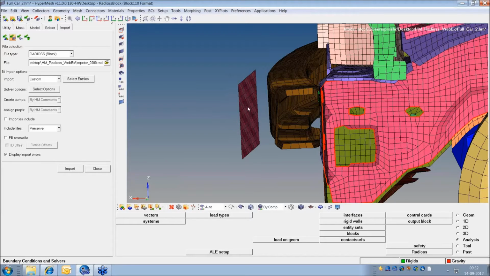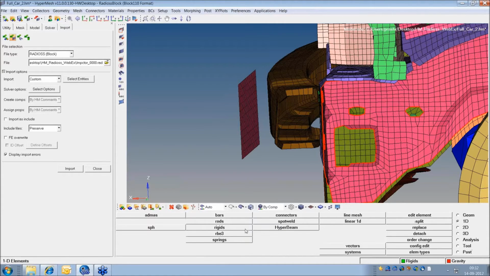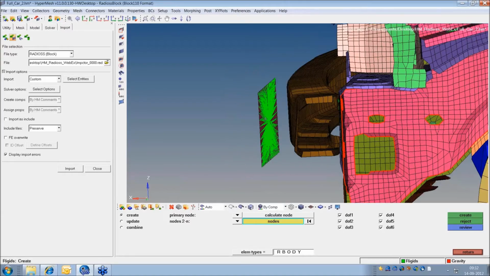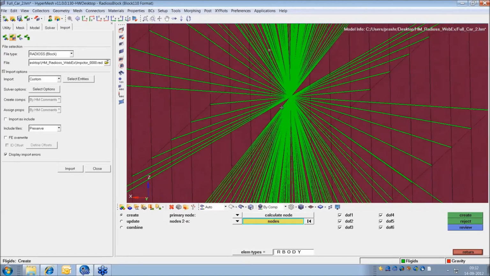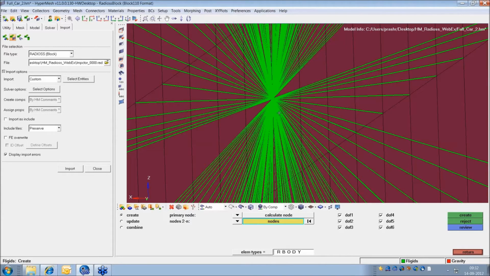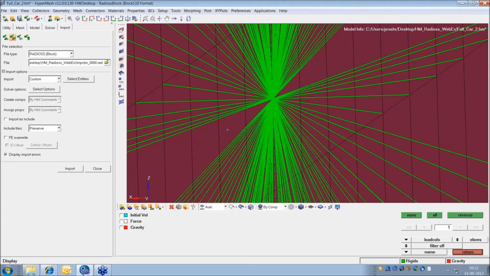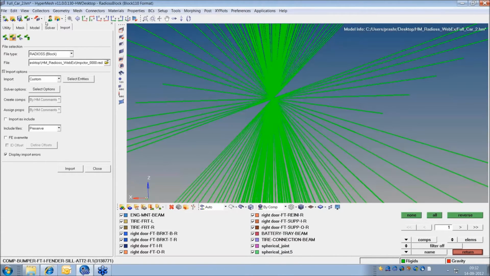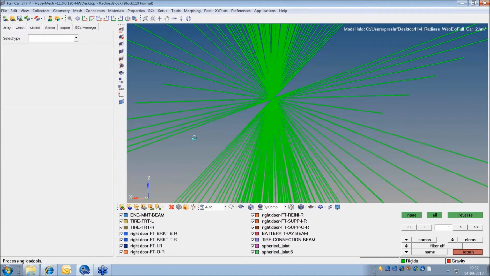Now the next activity is to make it rigid. So for that I'm again going to 1D rigids. I'll select all the nodes, create. So I made it rigid now. My next activity is to make it a fixed barrier. So for that I have to apply a boundary condition on this. I'll switch off this. I'll again come to tools, BC manager.